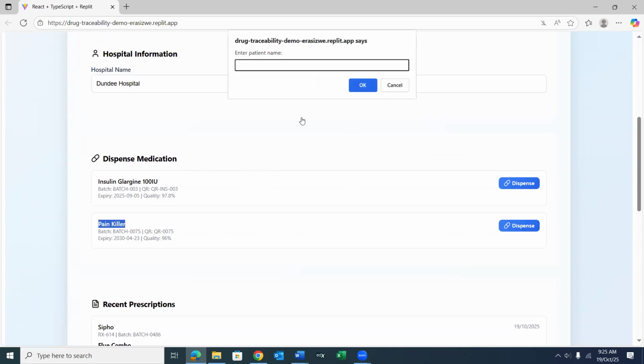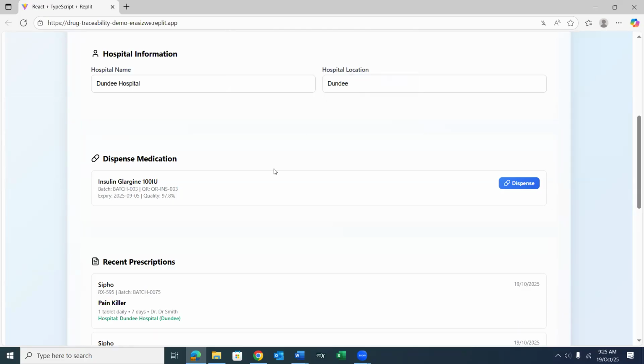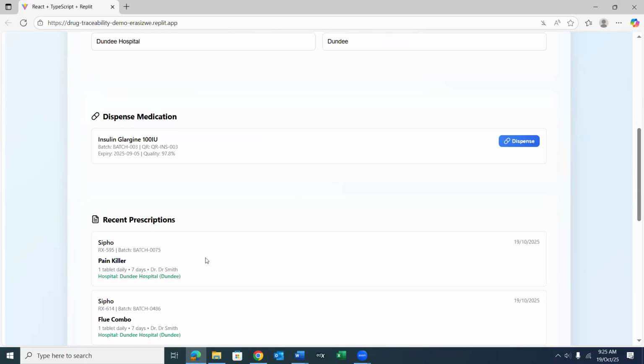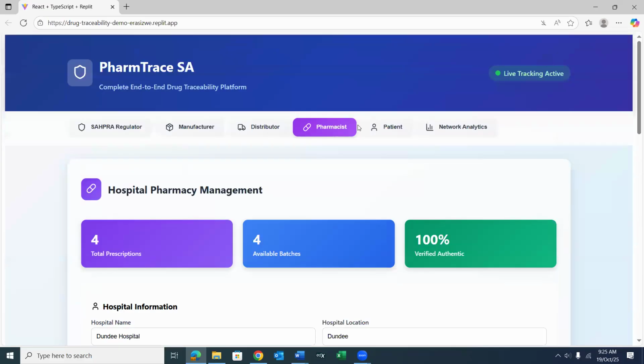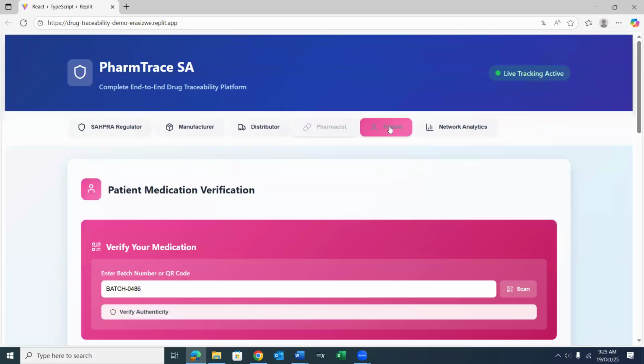Then if I click dispense, now it asks me for the patient name. Then I enter Sipho as my patient name. Then I click OK. It asks me for the doctor. Enter the prescribing doctor, which is Dr. Smith in this case, who will dispense this medication. Then I click OK. Then now the information is recorded on the blockchain again. Then it means that the next step is to go to the patient website or web page,